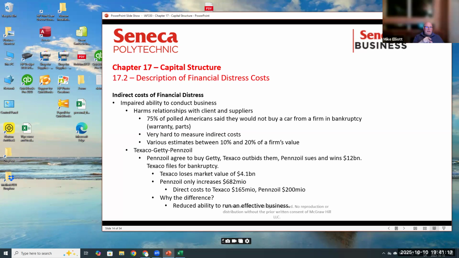But if it was being paid out in dividends, I would have expected to see their stock increase by more than $700 million. I would expect to see an increase a lot more than that. So there must have been something else they were doing with that money. I don't know what it is, but if we dug far enough, we could answer that question. So we have direct cost of financial distress, and we have indirect cost of financial distress. We have to account for both of those. We have to realize that when we go down the road of issuing debt, we take on the extra risk. And when we take on that extra risk, we better be prepared for financial distress.